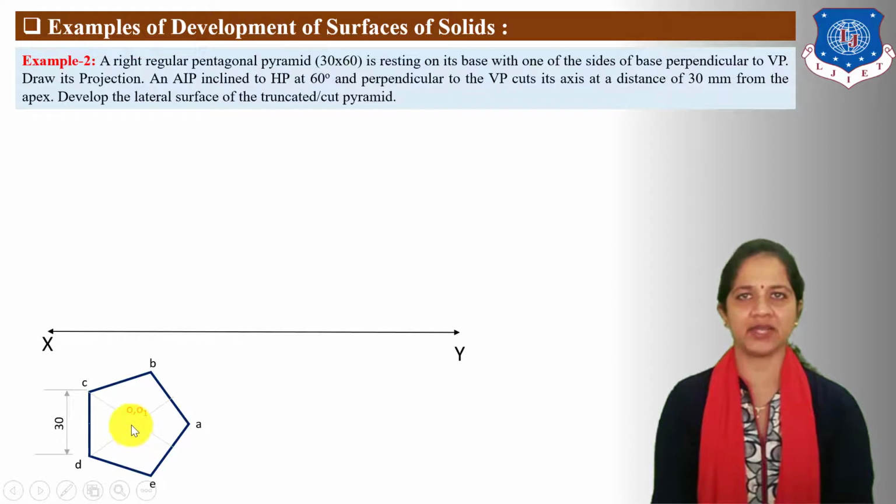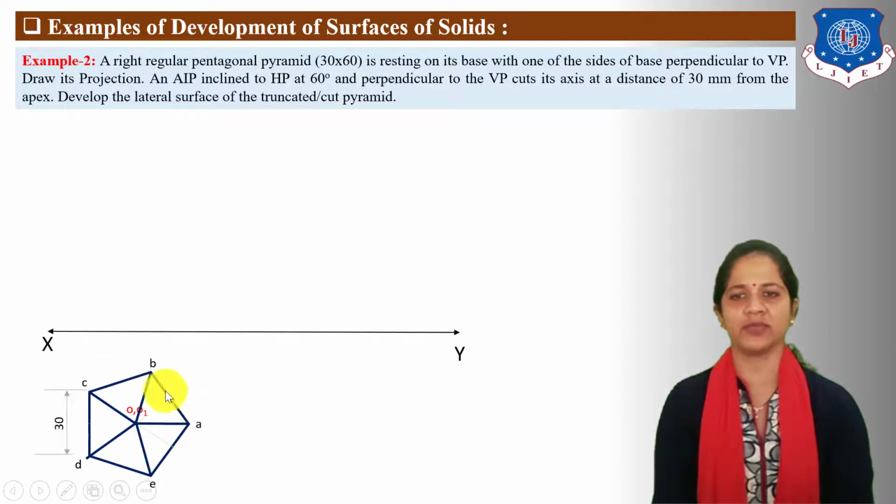Here pyramid is given, so next connect its slanteds OA, OB, OC, OD and OE. Next draw front view. For front view, draw upward projection line from each and every point of the top view. Here all base points will be projected as a straight line on XY line because pentagonal pyramid is resting on HP on its base. So mark here base points as A dash, B dash, E dash, base center point O1 dash and C dash, D dash.